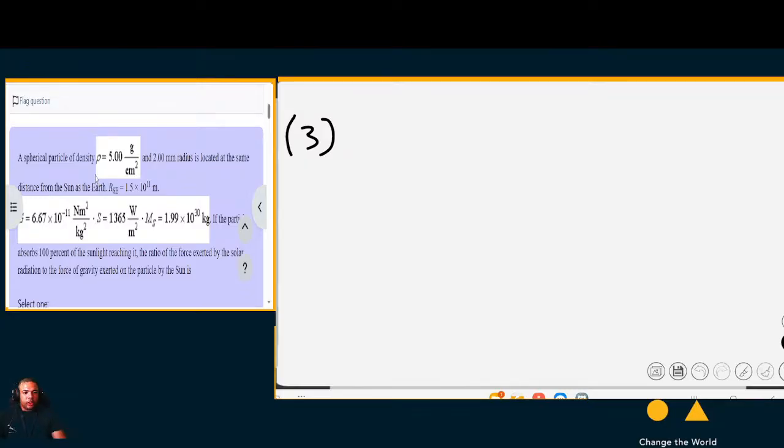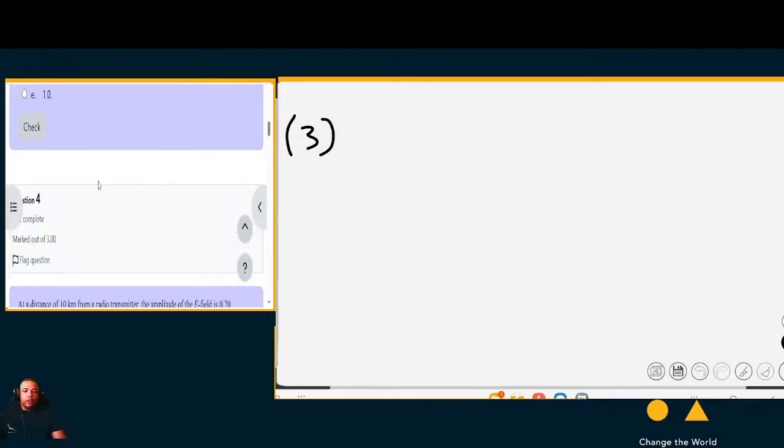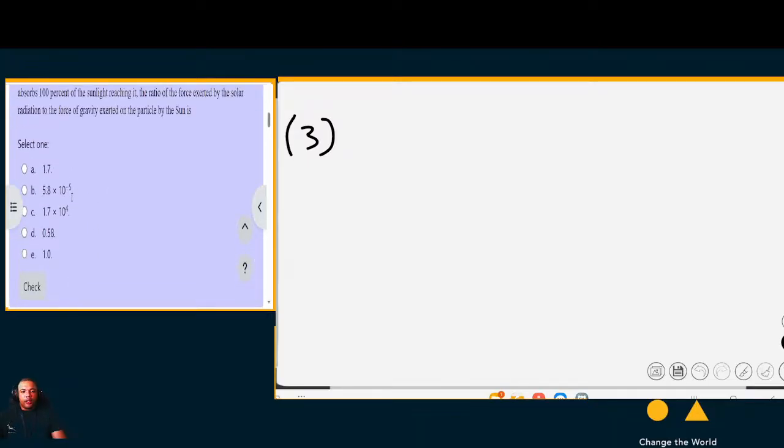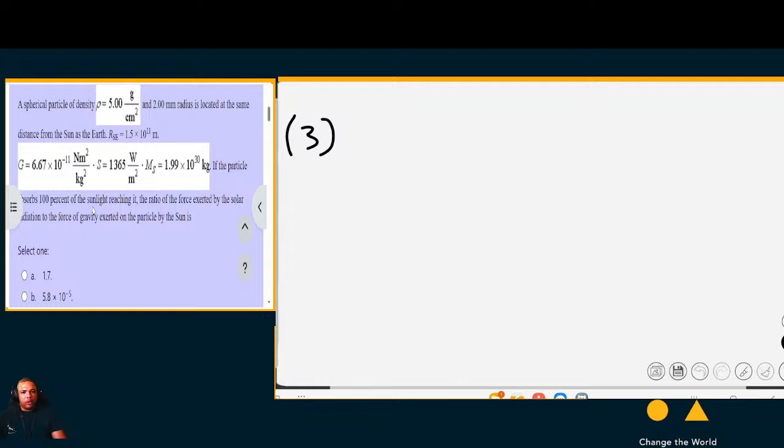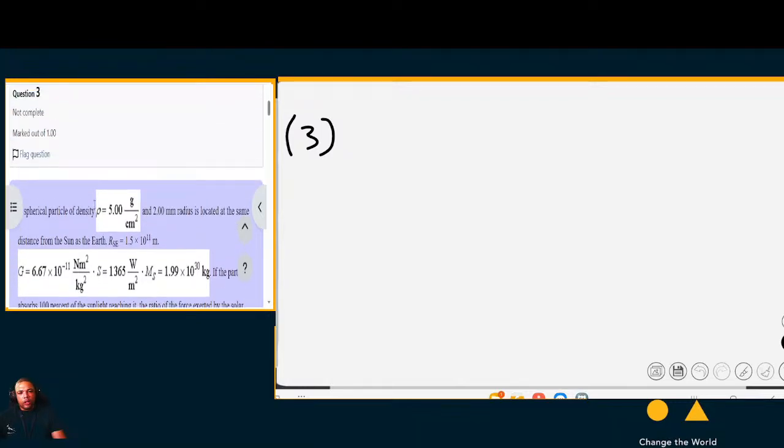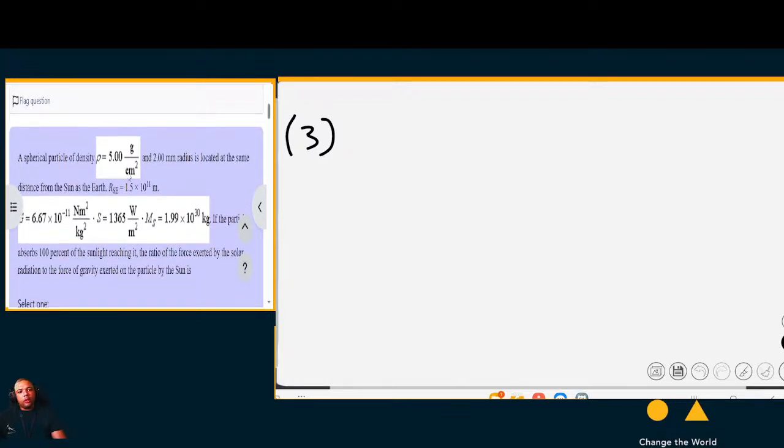I had calculated an answer which does not agree with the answer that has been provided here. I do not get this answer, but I'm going to talk you through how I got to what I got. First of all, they tell us a spherical particle of density